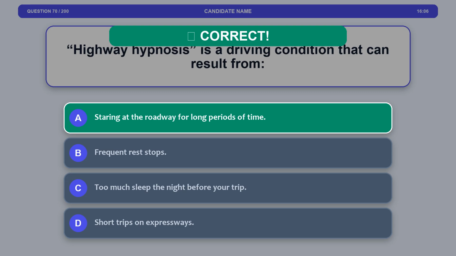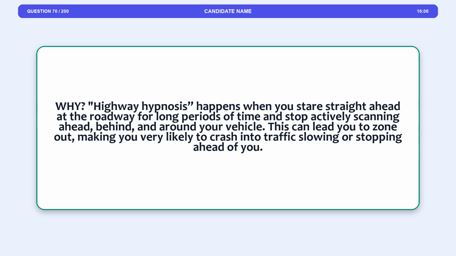The correct answer is option A, staring at the roadway for long periods of time. Explanation: highway hypnosis happens when you stare straight ahead at the roadway for long periods of time and stop actively scanning ahead, behind, and around your vehicle. This can lead you to zone out, making you very likely to crash into traffic slowing or stopping ahead of